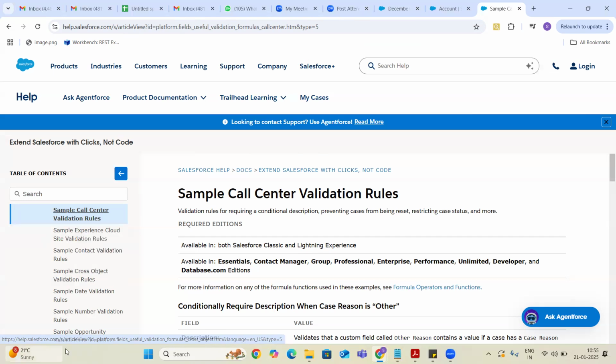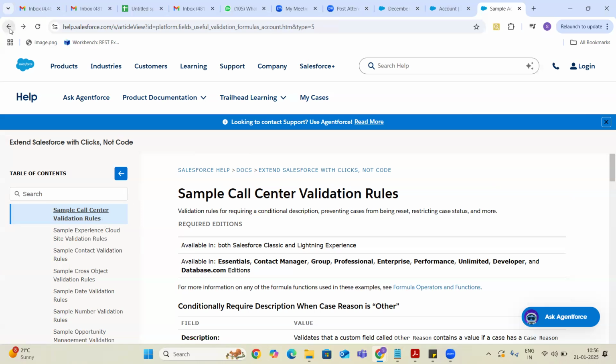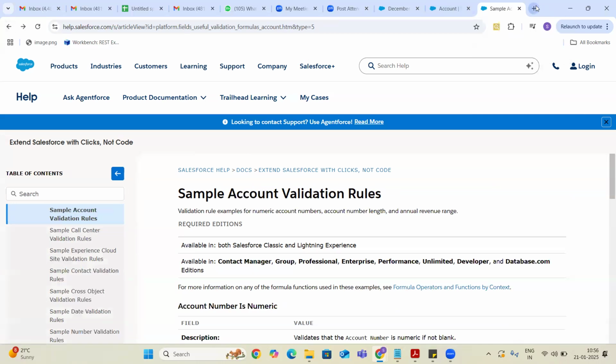In tomorrow's class, I'll explain the rest of the objects' validation rules also. But make sure that you go through these address validation rules anyway. You can just understand it. No need to practice it, guys, because in real time scenarios there are fewer scenarios where we use it, but most of the time we will use the case validation rules and account validation rules. Make sure you know how to access these things; you can go to Google.